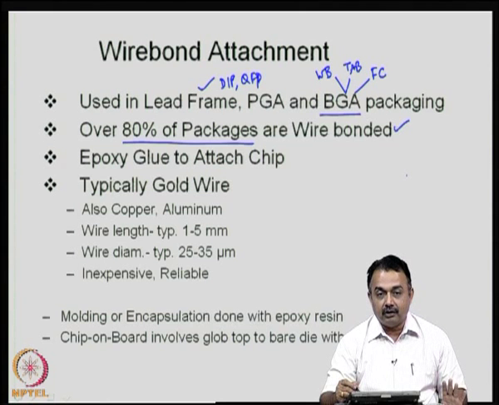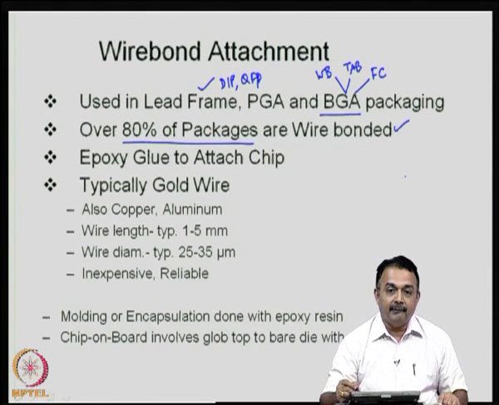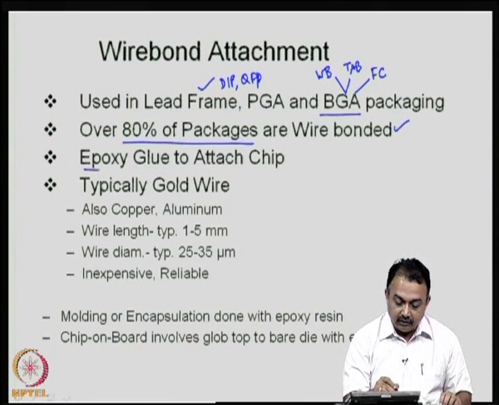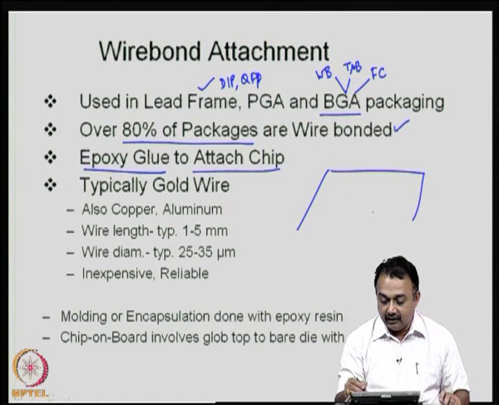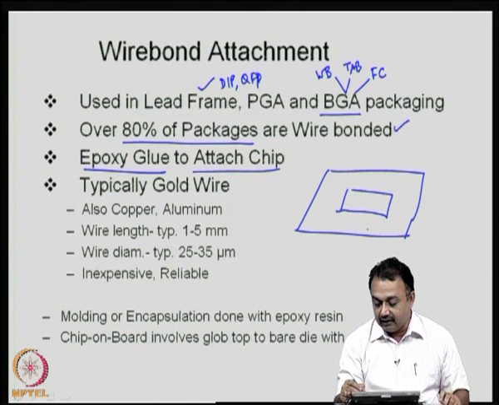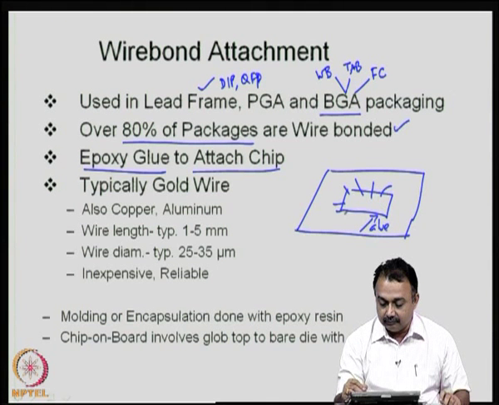So, yield and throughput are two different terms. So, from the equipment point of view, you want high throughput, but in the process wise we want high yield in terms of less defects. Now, the epoxy glue is used to attach the chip onto the substrate. So, as you know, if you take a substrate, the first process of bonding the die to the substrate is by using a glue. Only then the wire bonding takes place, and after that comes the encapsulation.